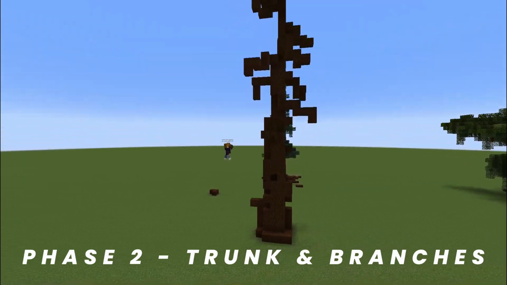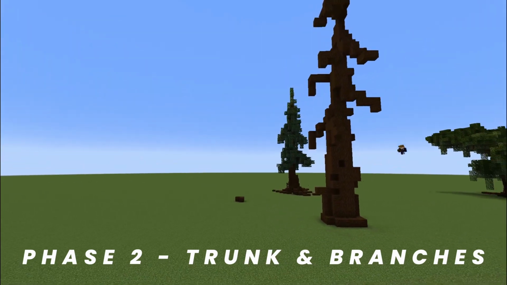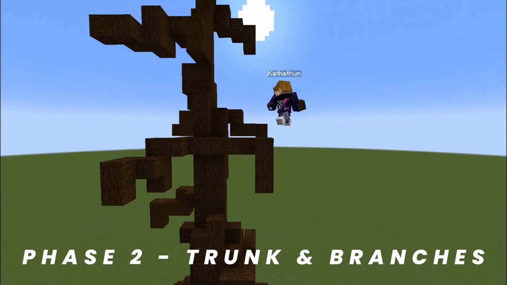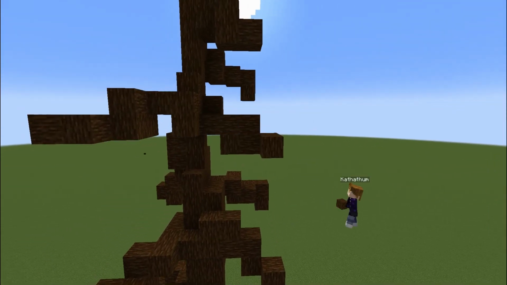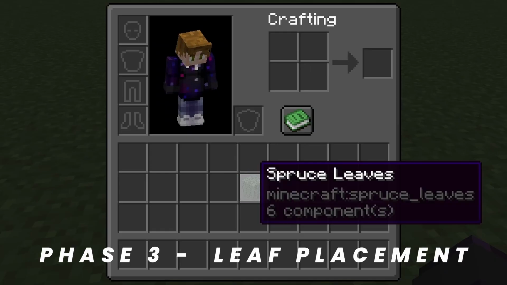After you're done with your initial branch placement, go in and make adjustments. You're never going to get it right the first time, so don't be afraid to make changes. But don't stress too much because you can cover a lot with leaves, which takes us to phase 3, leaf